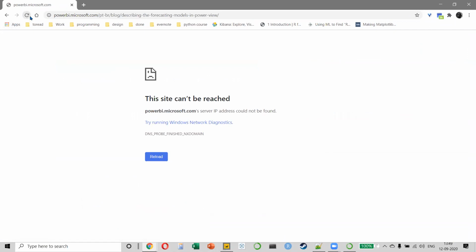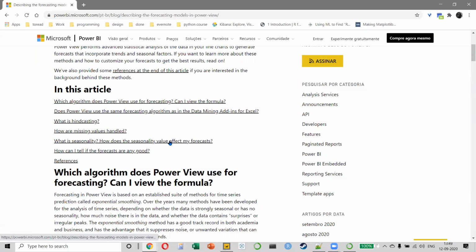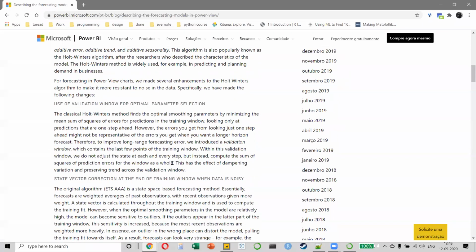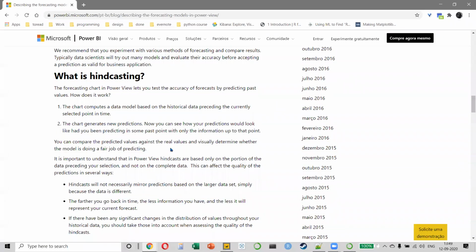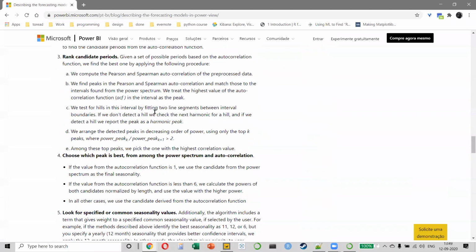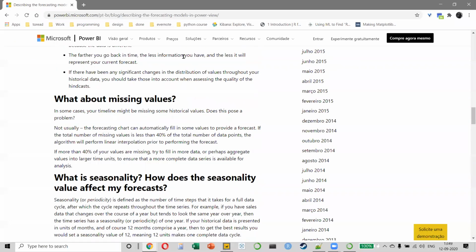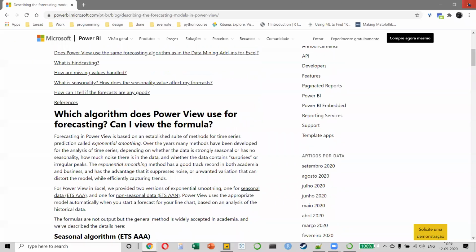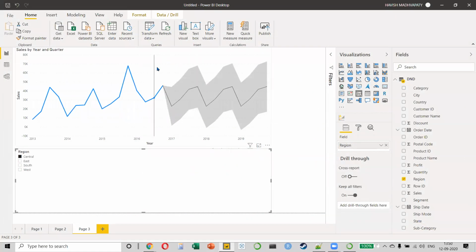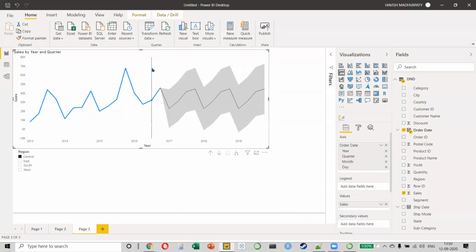But whenever there is a need to do something more controlled, more advanced, something more customizable, that is where we will have to start using R and Python inside Power BI. But remember, Power BI is not a data science tool. It's a data visualization tool. So don't feel bad that Power BI is not giving you forecasting options. Power BI's job is not to do forecasting. Power BI's job is to create dashboards for the user.